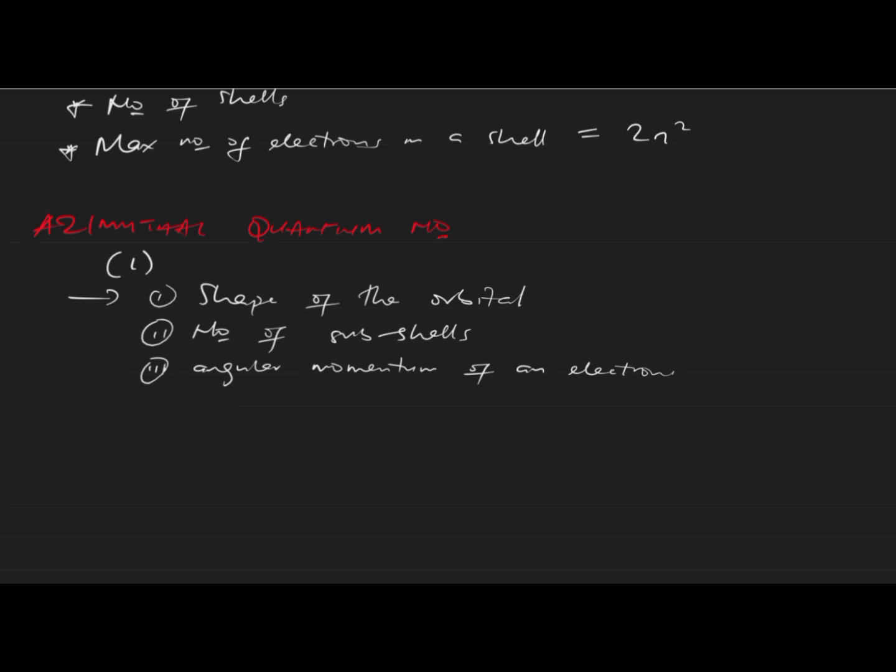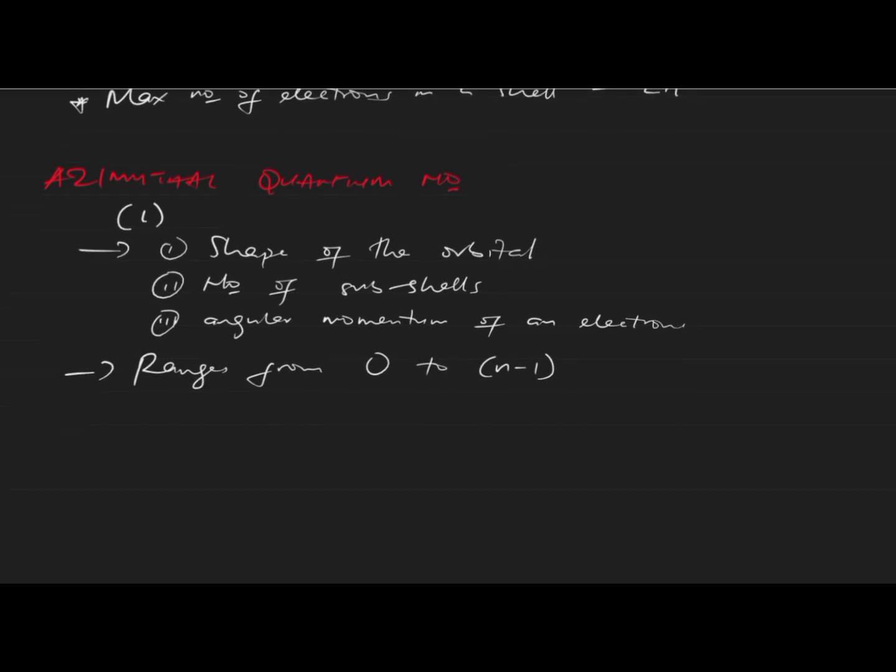When we have various values for L, you have to understand that the values for L, which is the azimuthal quantum number, range from 0 to n minus 1, which means the azimuthal quantum number can range from 0 to n minus 1. Now let's see how these numbers help to determine these various things that we have aforementioned. Now when our L is equal to 0,